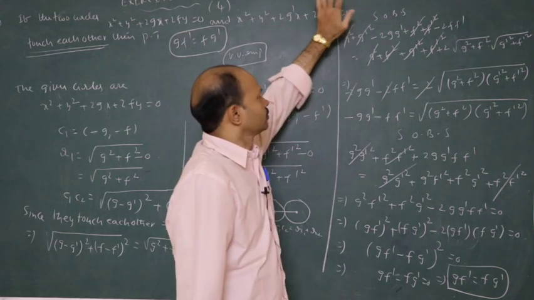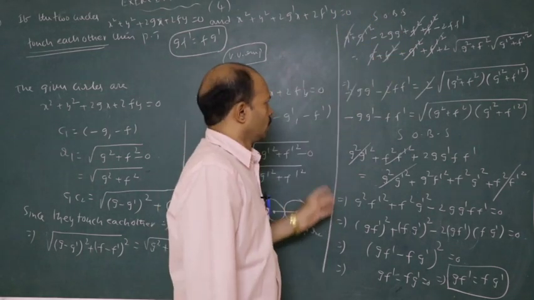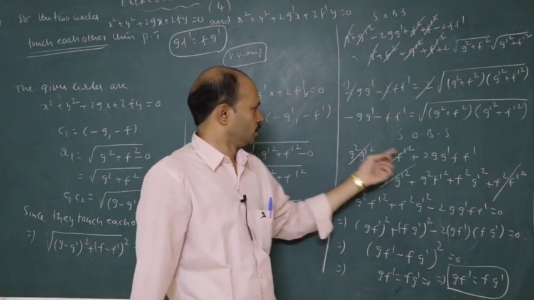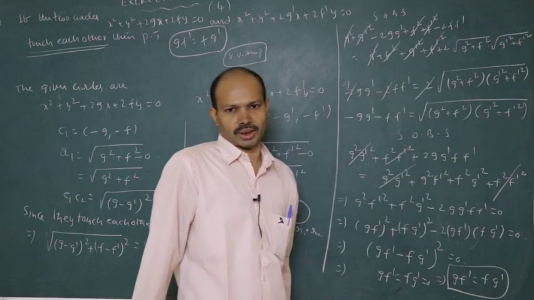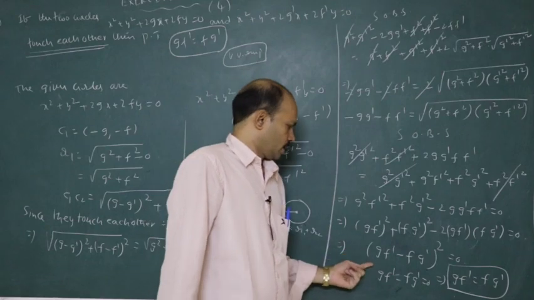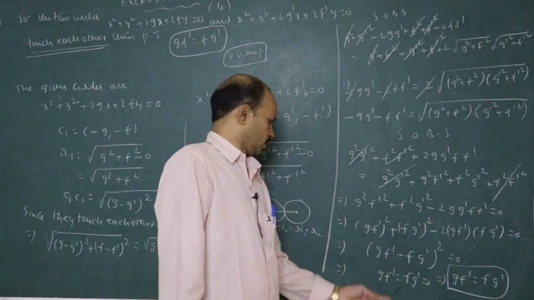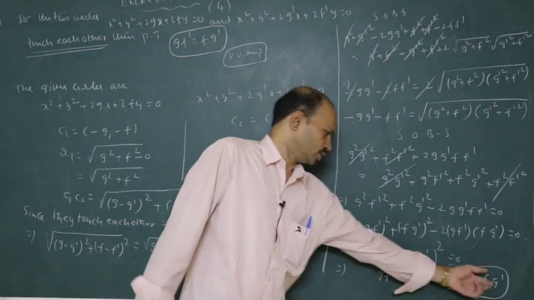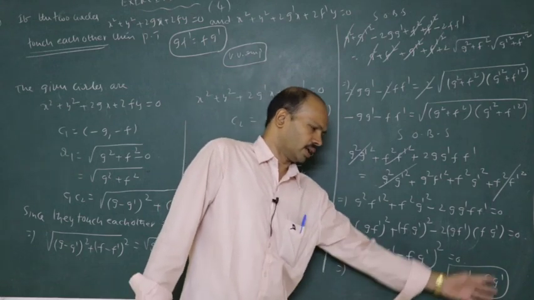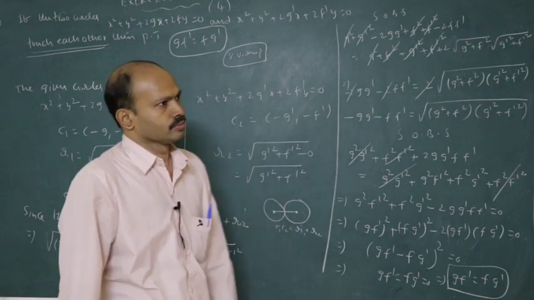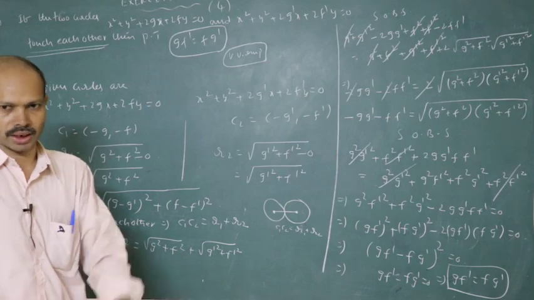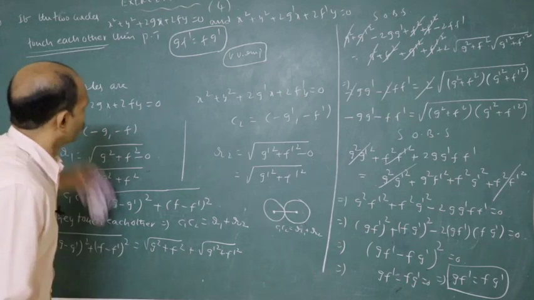Squaring on both sides, general calculation. Again, we still have a square root on the right hand side. To eliminate it, we need one more squaring on both sides. Expand and simplify, you get a condition (a minus b) whole square. Then a minus b is 0, a is equal to b. It follows your conclusion that gf dash and fg dash both are equal. This is a very important question, 10 percent as it is a model question. Let us do the next one. Go to the next problem.